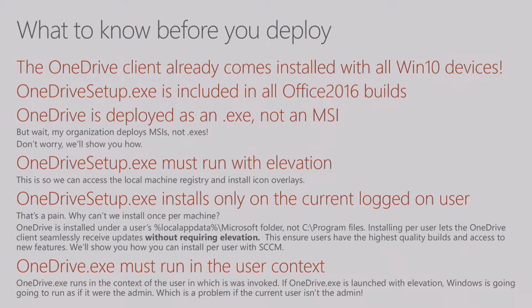So now that we know how and where OneDrive deploys, let's actually apply this knowledge into a deployment. As I mentioned before, I was on a Win 10 machine, and the OneDrive client already comes pre-installed on all Windows 10 machines. And more importantly for you, it also comes installed for every user on the device. And so that's going to make your job easier if you're rolling out OneDrive on your Windows 10 machines. You can actually completely skip the step of worrying about how to get the bits on the box because the bits are already there.